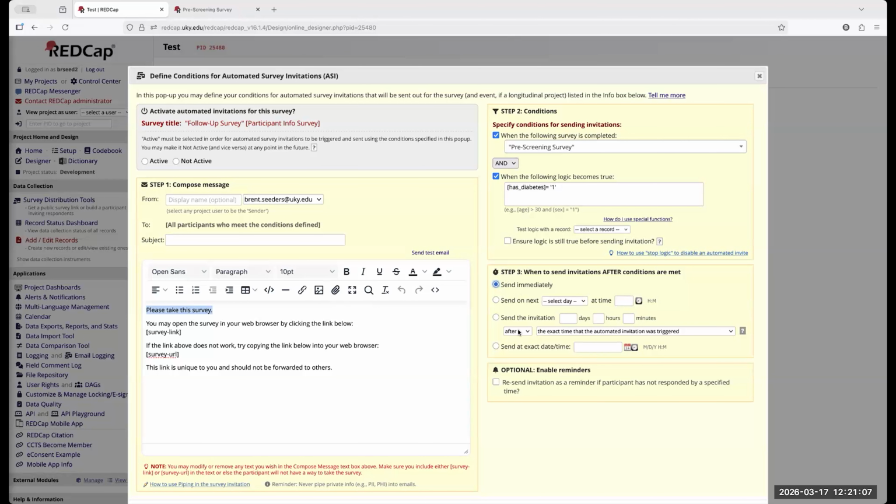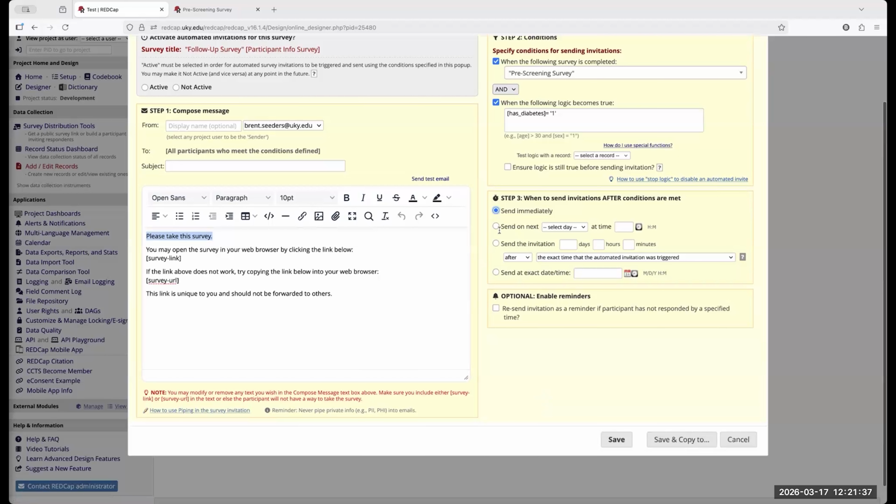Obviously, you'd want to put send immediately so that you're not waiting several days for your next survey to come in. But all these things you need to test when you're creating and building these projects because you do not want to send this out live to 1,000 people and then realize 2 or 3 days later that you've got a major error and all the data coming in is incorrect. So please, please, please test all of these functions that you're using within your project.